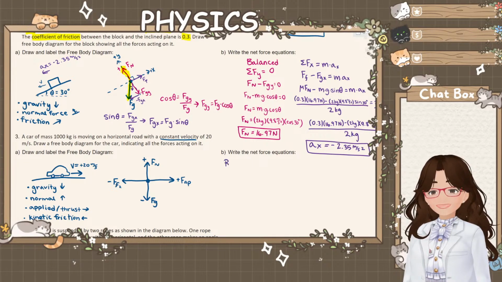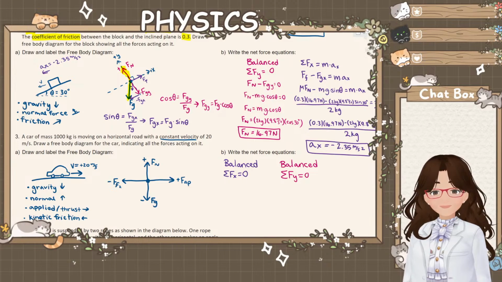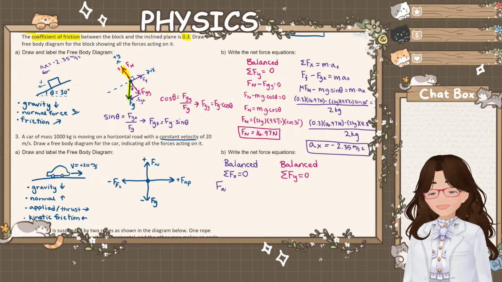Let's see, we'd have balanced for f of x, and we would also have balanced for f of y. And in this case right here, we would go ahead and set up our net force equations. Again, I'm always going to start positive. So I'm going to start with the applied force or the thrust force from the car's engine, which is pushing the car forward. And that is being balanced out by the force of kinetic friction that is helping the car